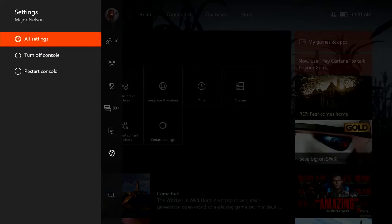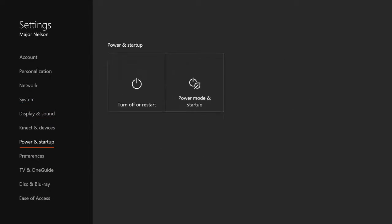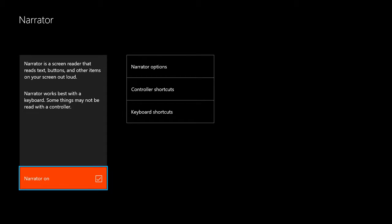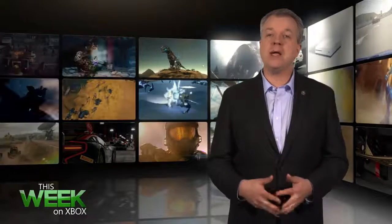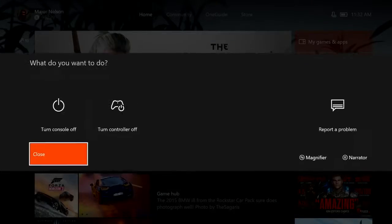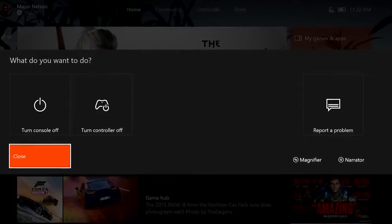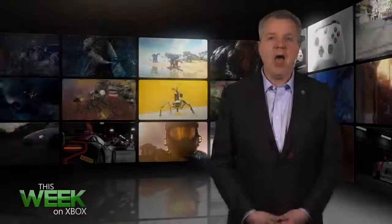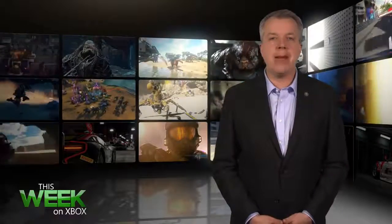To activate it, you can either go to Settings, All Settings, Ease of Access, then select the Narrator icon. Another option is to simply press and hold the Xbox button. When the option to turn your console off appears, press the menu button and you should hear the words Starting Narrator. That is a great Did You Know from Sightless Combat, and remember, Xbox Ambassadors are your go-to